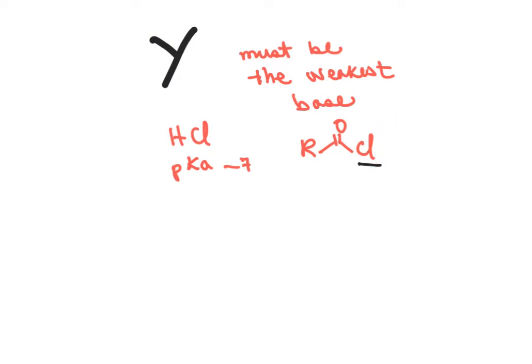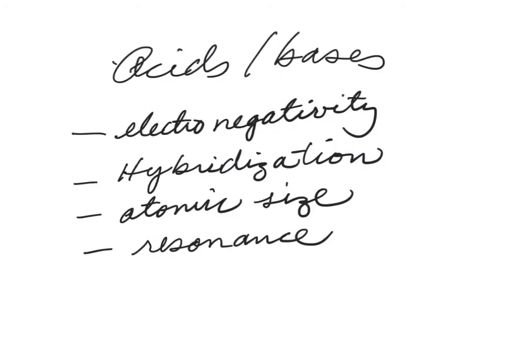Acyl chlorides are highly reactive to make other carboxylic acid derivatives because the chloride ion is a weak base, as it is the conjugate base of a very strong acid, hydrochloric acid. Please remember that you need to review chapter number 2 to have a clear understanding of the properties of acids and bases, and I'm going to just overview